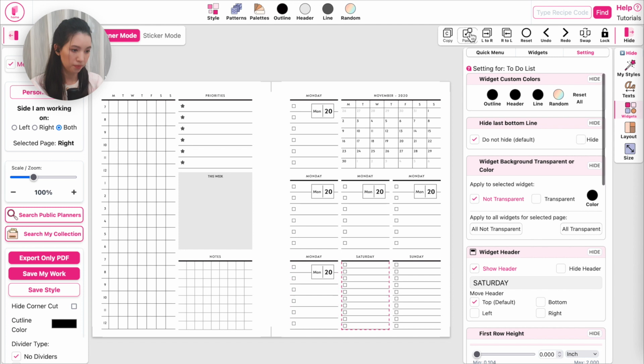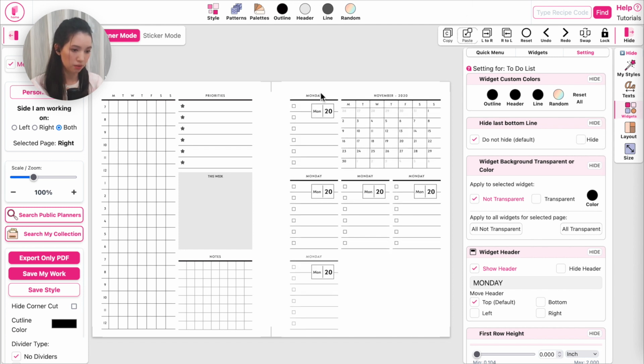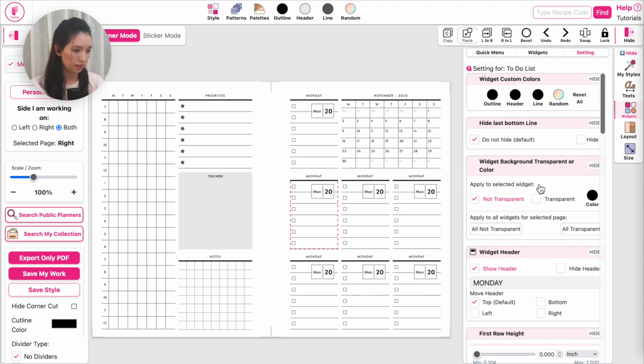But once we added this widget to all boxes, we will have to change the headers. So let me quickly do that. Tuesday, Wednesday. Well, actually you don't have to add a header. I just saw that the Monday is already displayed within the flags, so it doesn't really make sense that you have Monday twice. So what we actually could do is just remove the header,